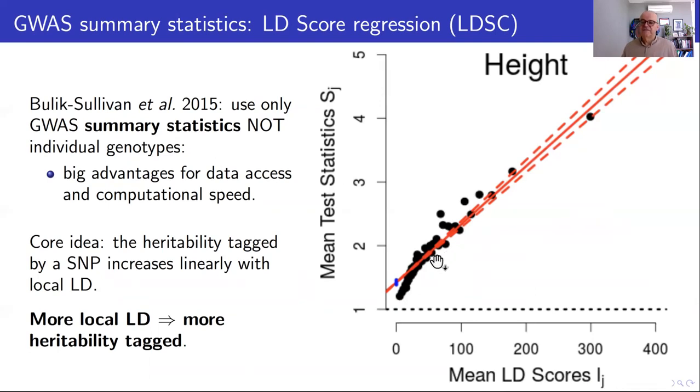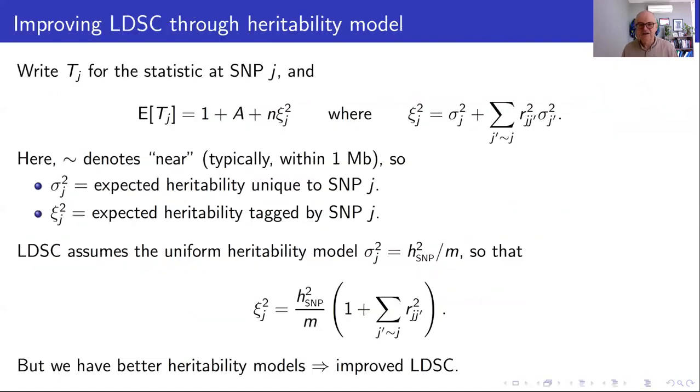The fundamental idea of LD score was that the more LD there is of a SNP, the more heritability it will tag, and that's represented by this linear regression here, and you can estimate parameters of that and get out meaningful heritability estimates and other properties. So that was a big advance, but we can develop that idea. Another point to emphasize is that in these models there's no effect size anymore. When we look at summary statistics, we don't even need an effect size parameter, but the variance parameter that I've emphasized is there, and you'll see now.